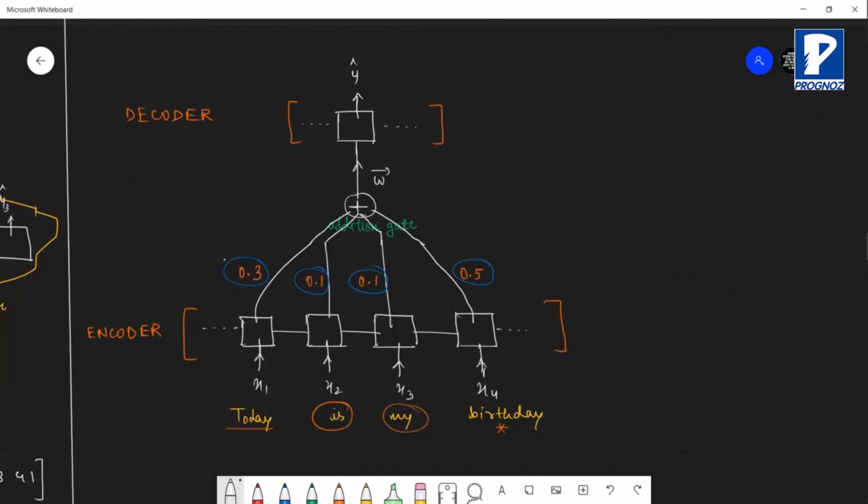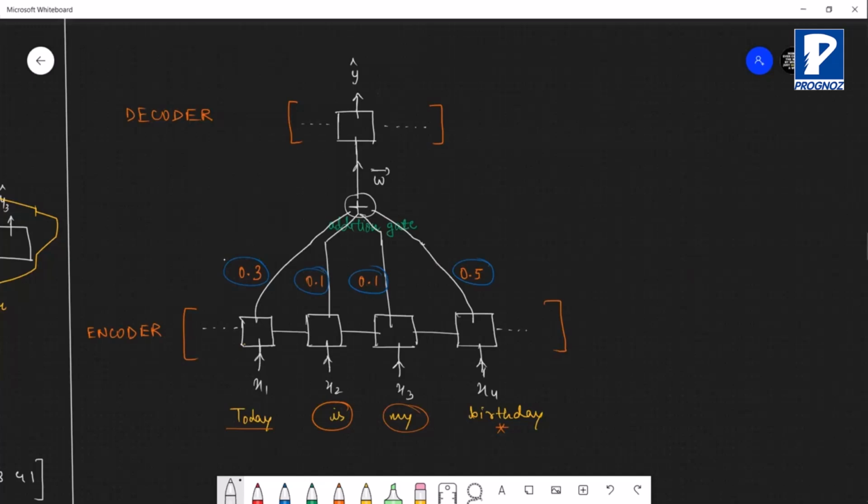The output of the addition gate that we have is your context vector. As discussed earlier, that context vector will be passed as input to the first cell of your decoder, and accordingly you get y hat as the predicted output.